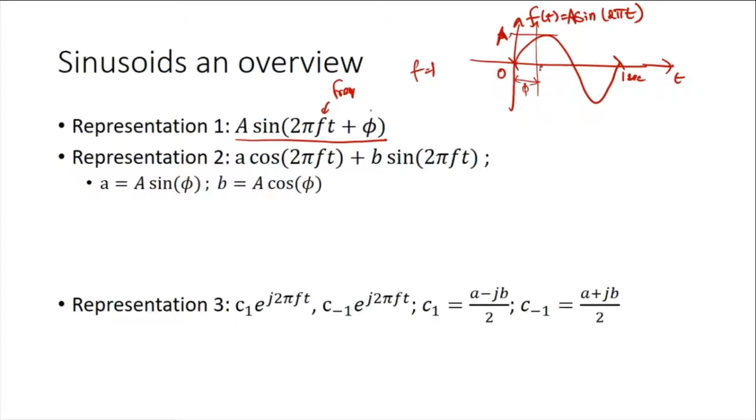All right, so if this is your 0, so this is going to be the phase phi, and this is going to be the amplitude, and this is a pretty simple format. All right, so this is one representation. Now,